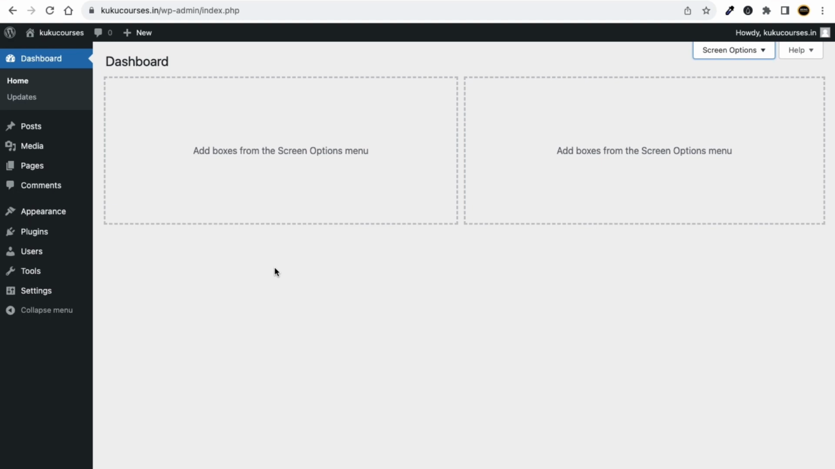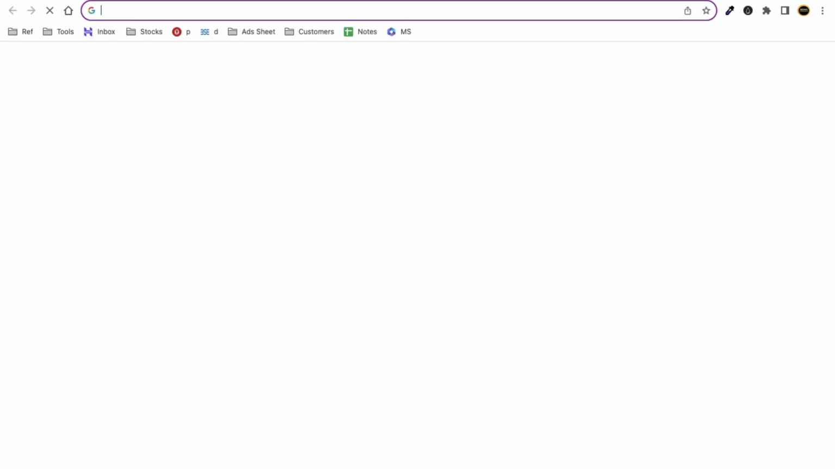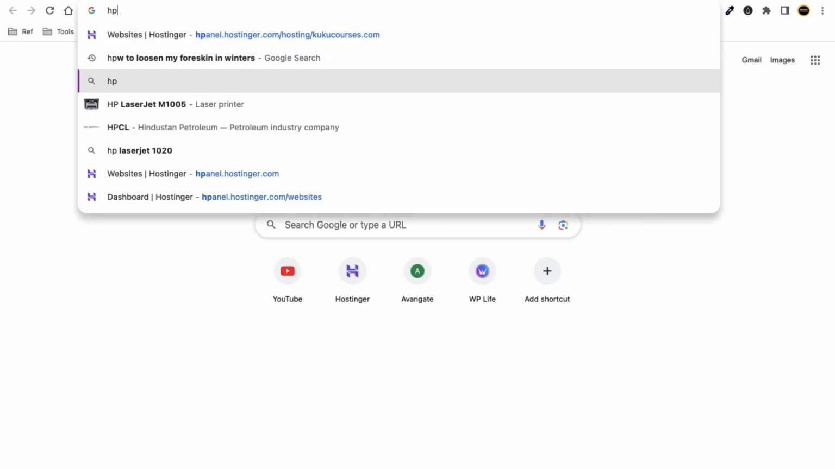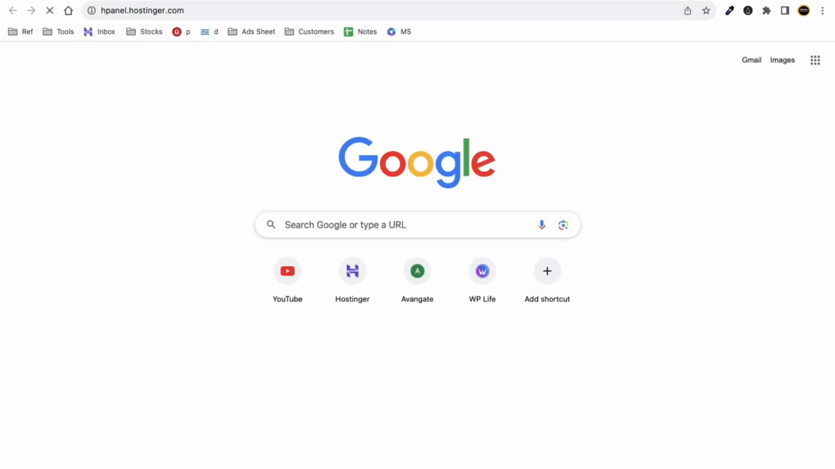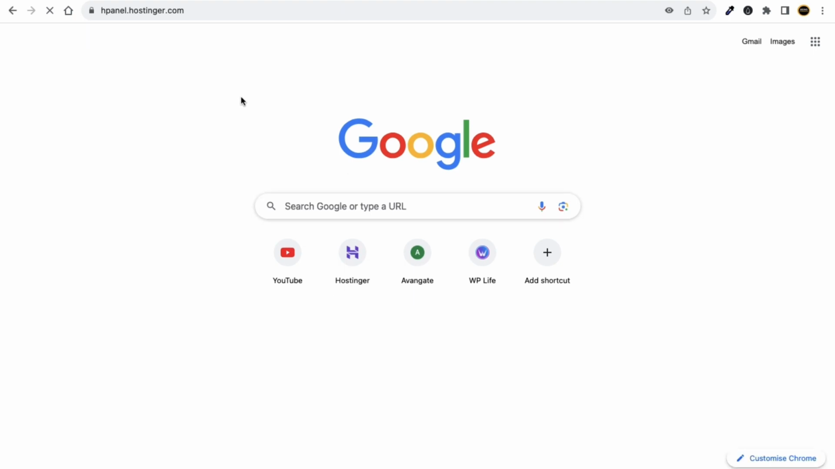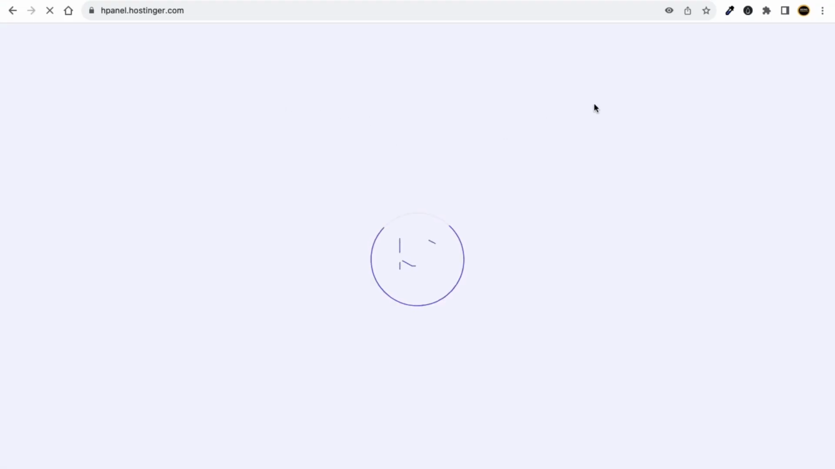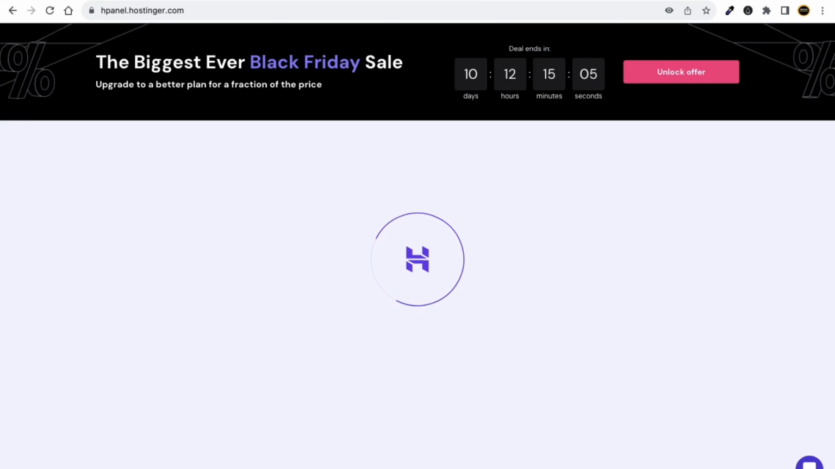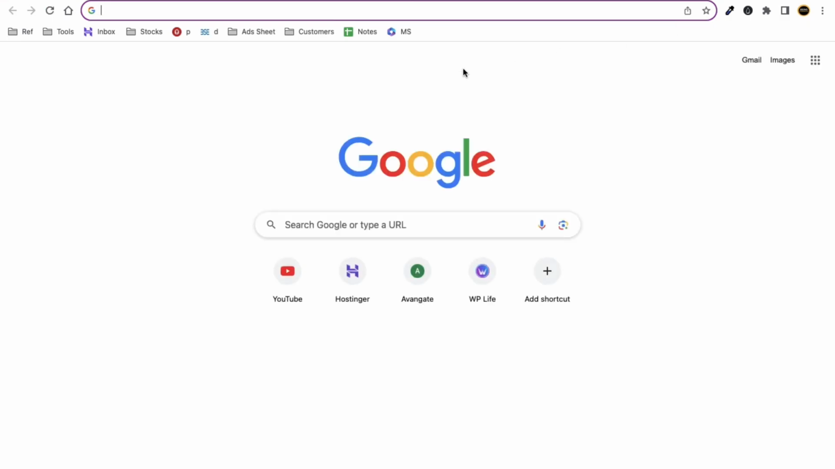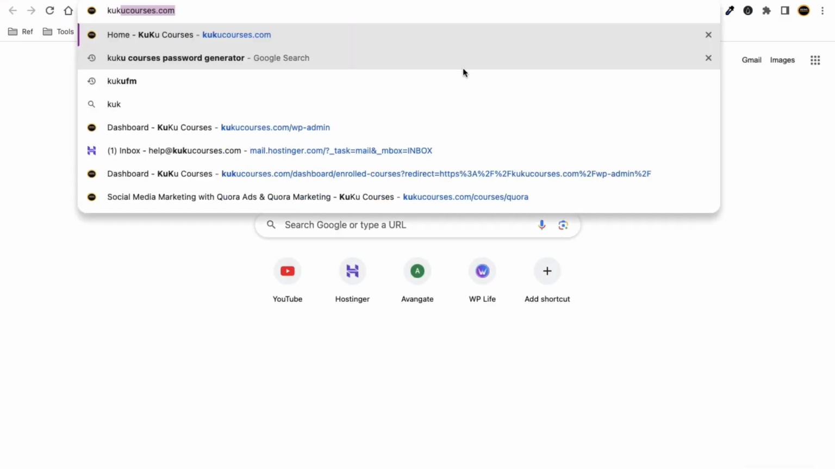So in this way we have set up WordPress inside web hosting. One more thing I want to tell you, my friends: it's not always necessary to go to your hPanel like this, hpanel.hostinger.com, and then from here access your WordPress website. What you can do in a very simple way is type the domain name you have purchased. In my case I have purchased this one,